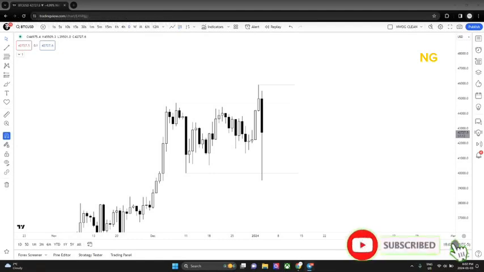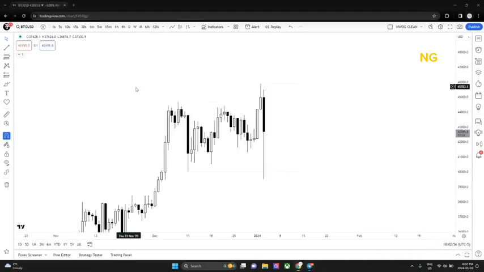Okay guys, so today we'll be talking about liquidity and imbalances. As you guys should know, I think I stated in the last video that liquidity rests above old highs and below old lows. So right now in this market, you can see price dropped